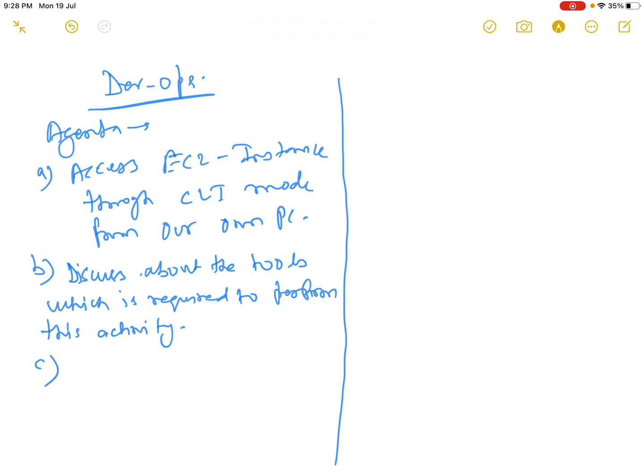And the third agenda is a discussion about public and private keys. Okay, let us discuss.